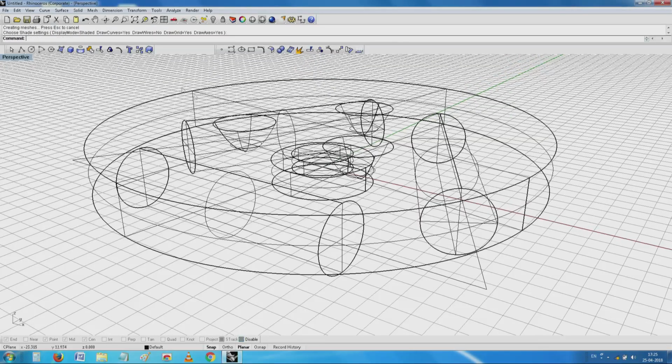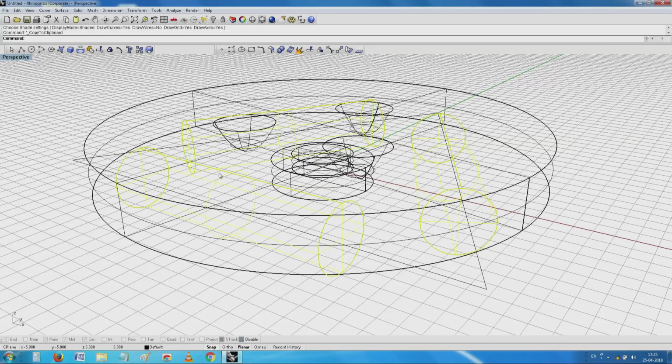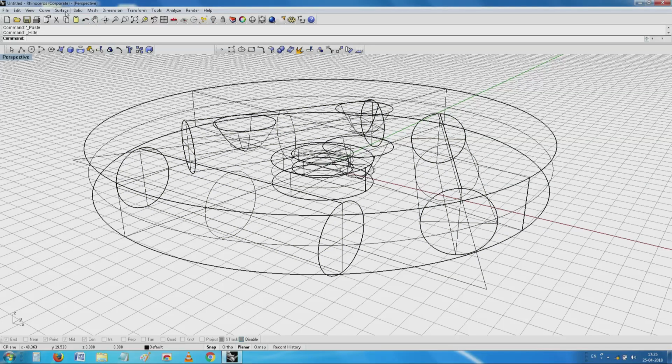Okay. So, now what I will see is I will try to make a simple...